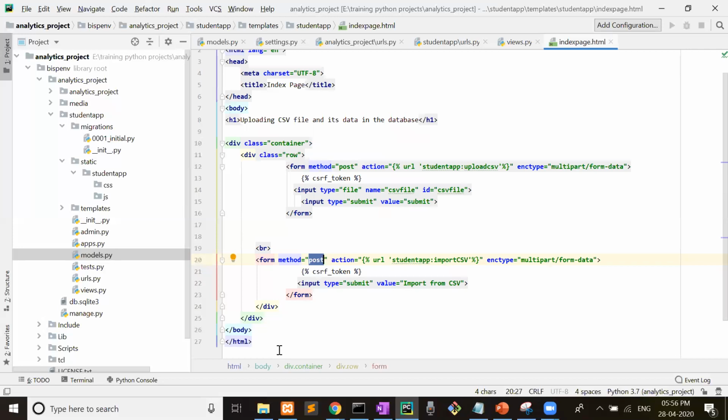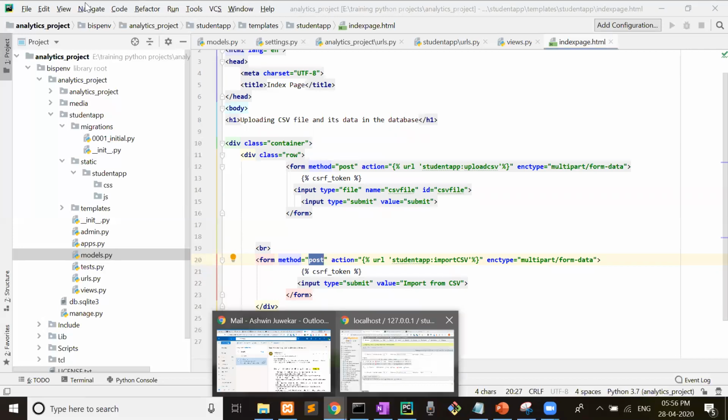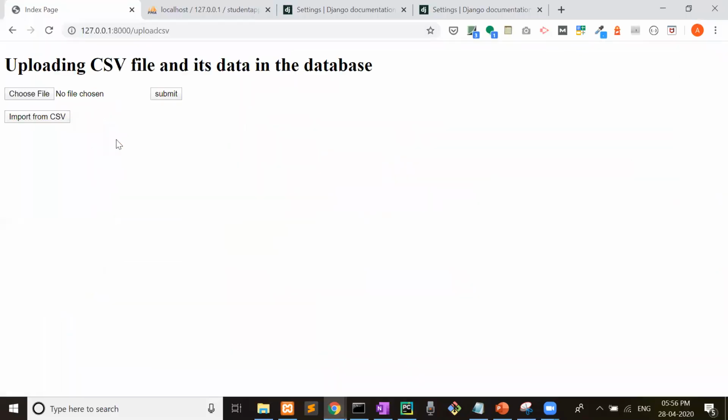So friends, now the question is why there is a need to create two separate buttons. Because when you work on a project like any analytics project, you don't need to upload the CSV file again and again. Once the CSV file is uploaded and the data is inserted inside the table, you always need to work with the data extracted from the database table.